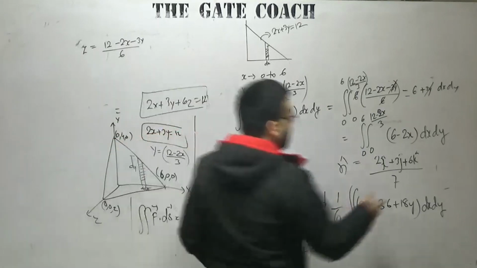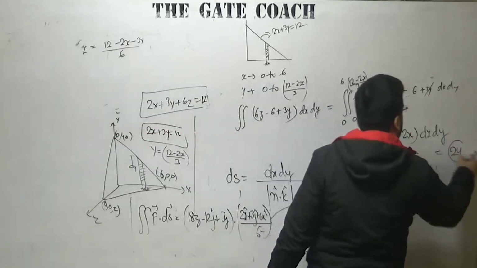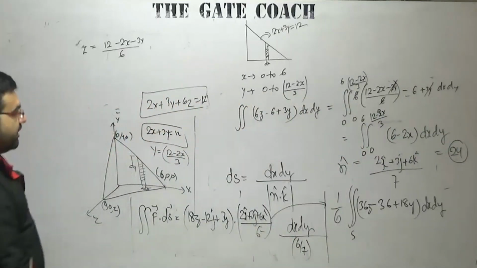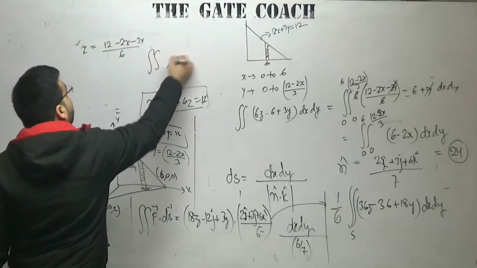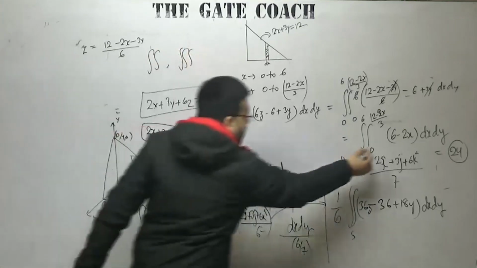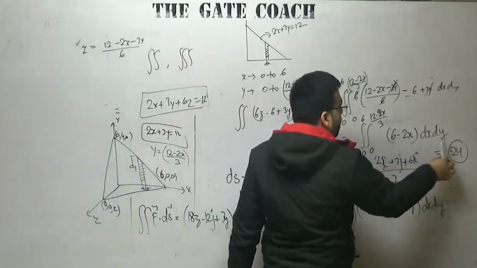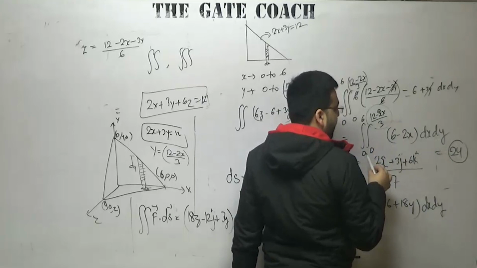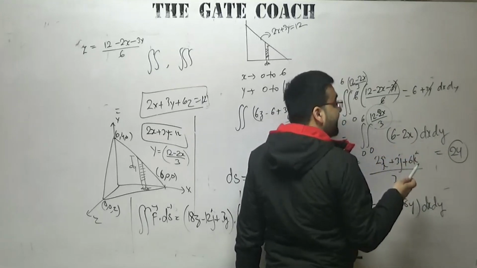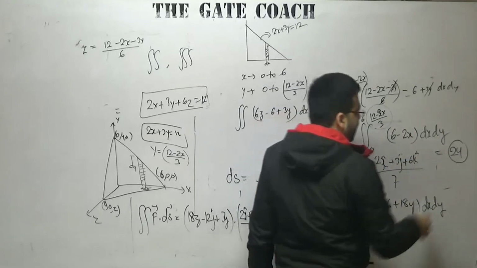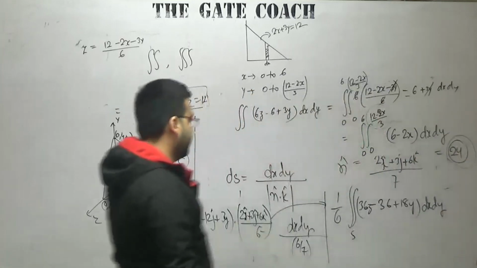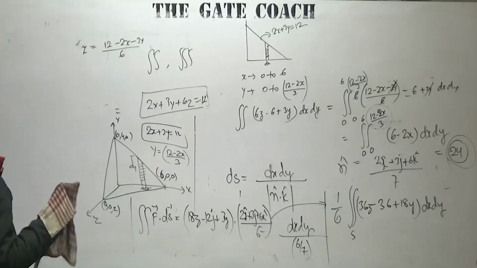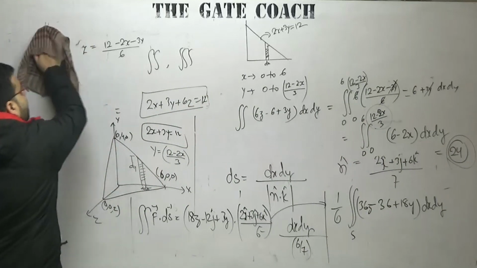Let me directly write the answer. The ultimate answer that you will be getting is 24. I hope that you know how to solve the double integral and the triple integral. That is a very simple thing, right? How to solve the values of this double integral. First of all, you integrate with respect to y. You put the limit as this 12 minus 2x divided by 3. And then you integrate with respect to x and you put the limit from 0 to 6. Ultimately, you will be getting 24 as the correct answer. That is how we have to solve the questions of the double integral.